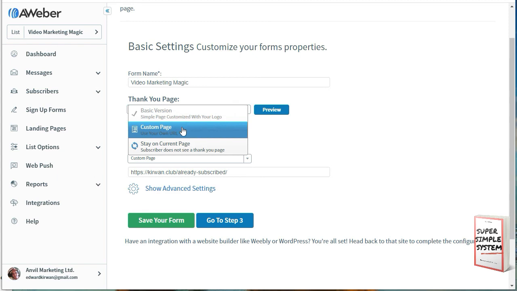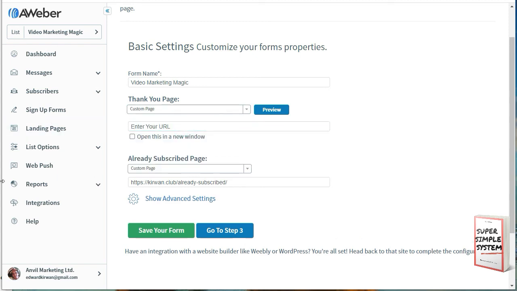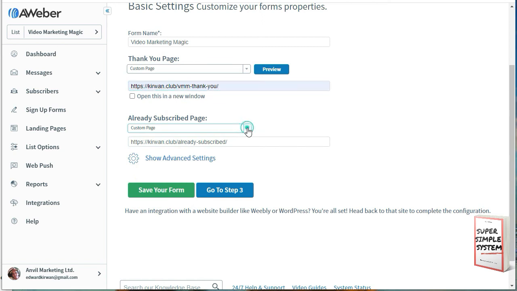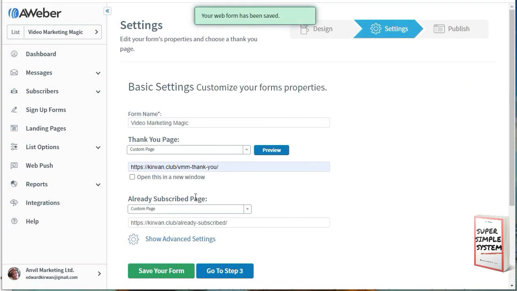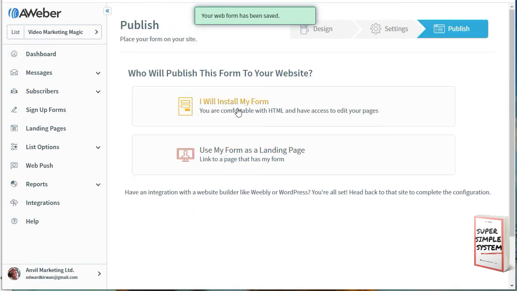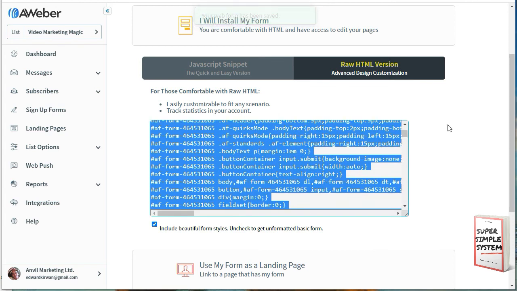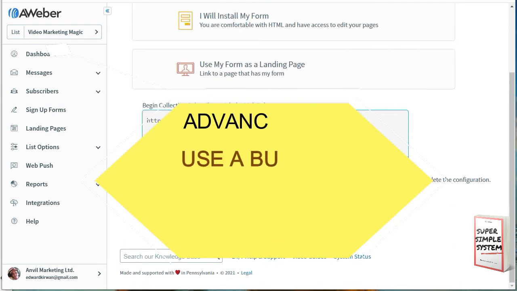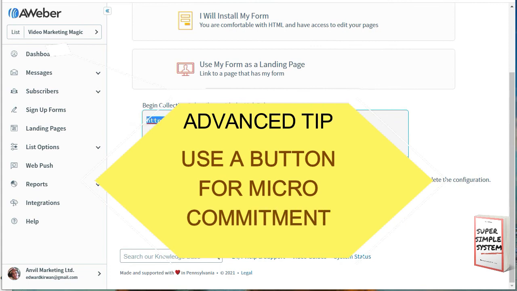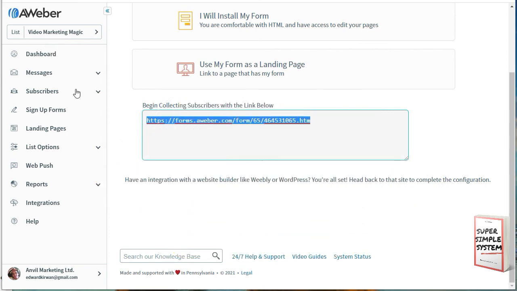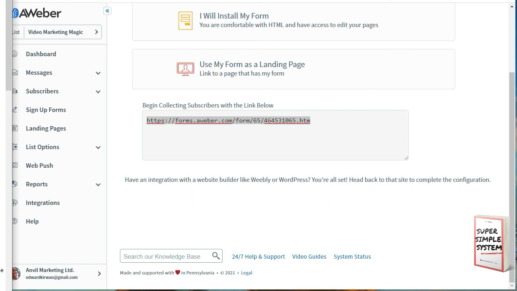This goes from basic version to custom page. And a thank you page. And custom page, I already have this put in, so it's coming up, okay? And then we have to save our form. And just to show you again, this is where you pick up your form, copy that, okay? If you want to have a little change, which is an advanced tip I'll give you now, what you can do is take this form, again put it on your notepad, save it onto your notepad, and when we go back into